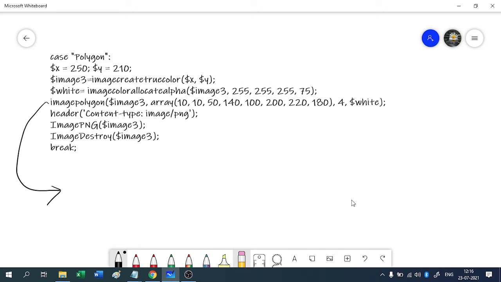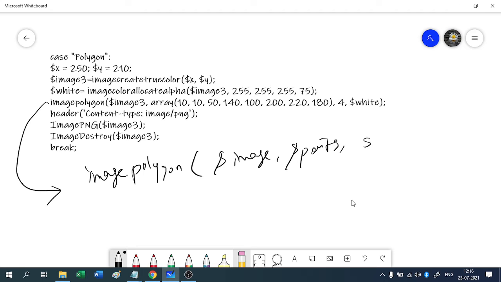In image polygon the syntax is image, then points, we have to define the points, then the number of points, then the color. See here, image means the image created using image create true color, so that is image 3.